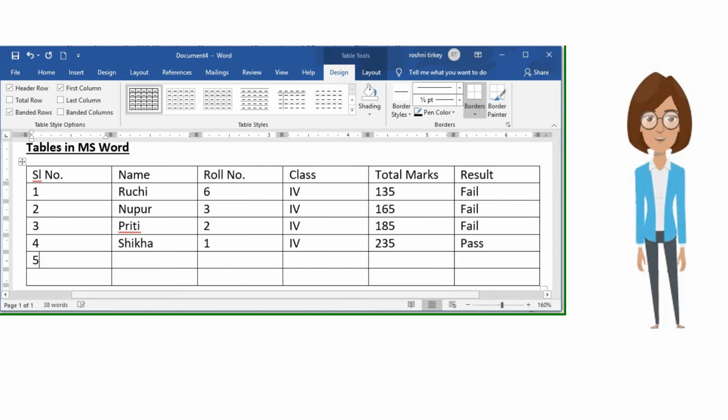Serial number 5, name Kirti. Roll number 5, class 4, total marks 215, result pass.